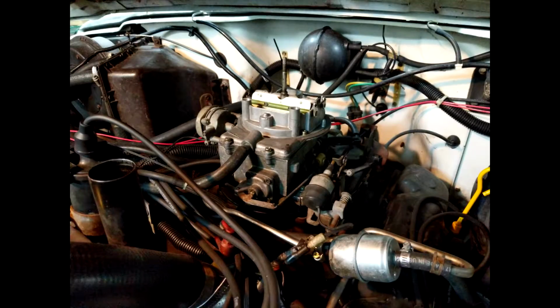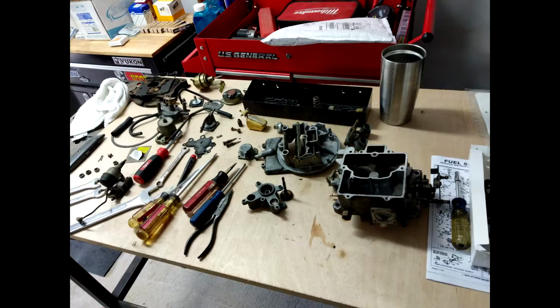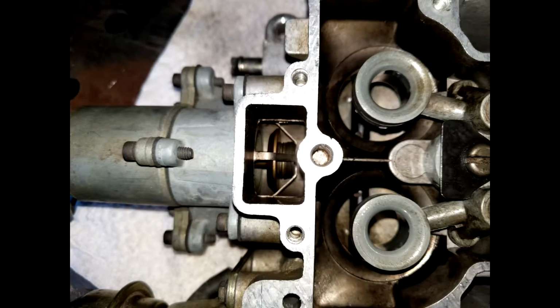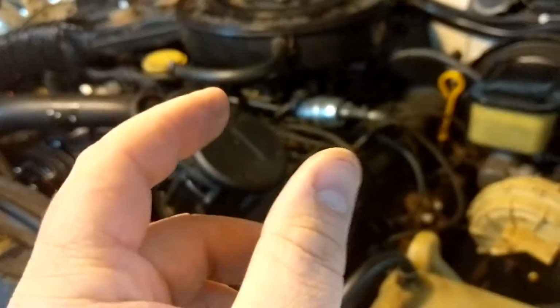Let's see. The carburetor, it is a stock Motorcraft 2150. I've rebuilt it twice. The first time, it never really ran right, so I rebuilt it and it didn't run right again. And when I took it apart the second time to rebuild it, I found that the altitude compensator, which is on the back, let's see if I can find it, which is that thing. Let's see if we get this light. That guy right there, he was stuck open, and so the diaphragm, I think they call them anoids,